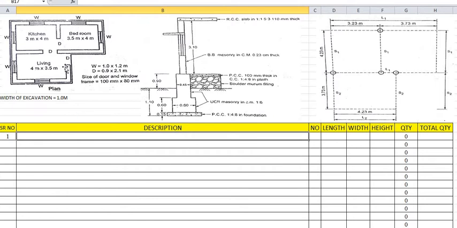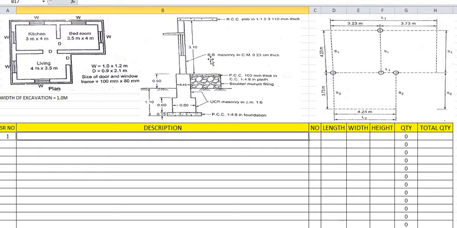Before that we have to first read the plan and sections. We have read the section. What are the different things mentioned in the plan? So first we have to divide the whole figure into long wall and short wall, ठीक है. Long wall is nothing but the continuous wall. So we will consider this horizontal wall as the long wall, and the vertical wall we will consider as the short wall, ठीक है. So first we have to draw the section, ठीक है. Depending upon this section we have to draw the center line plan.